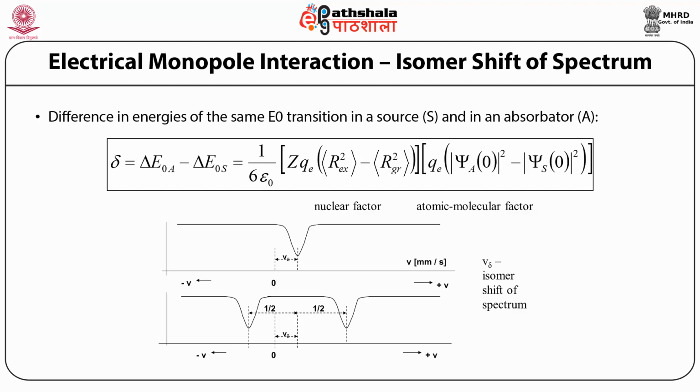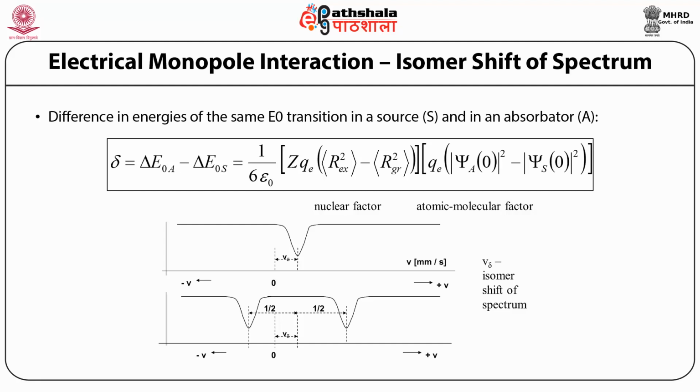We can visualize this in terms of a figure to explain this equation. So basically there is a shift in the peak. If there is a change in the radius of the excited and ground state, then there is a change in the isomer shift, which is expressed as the delta of the spectrum, and whether it is a single peak or a double peak, there is a change in the